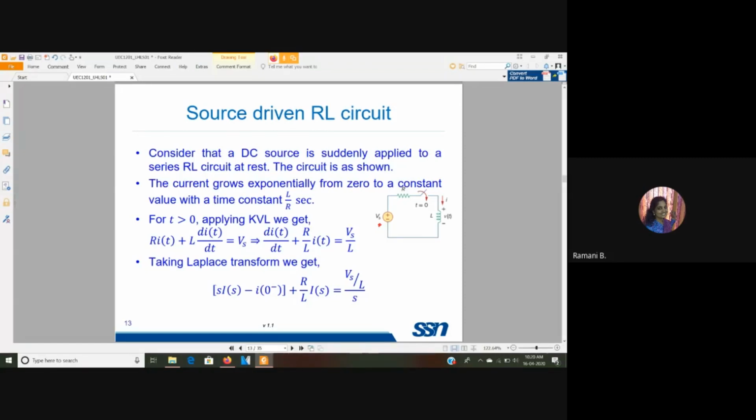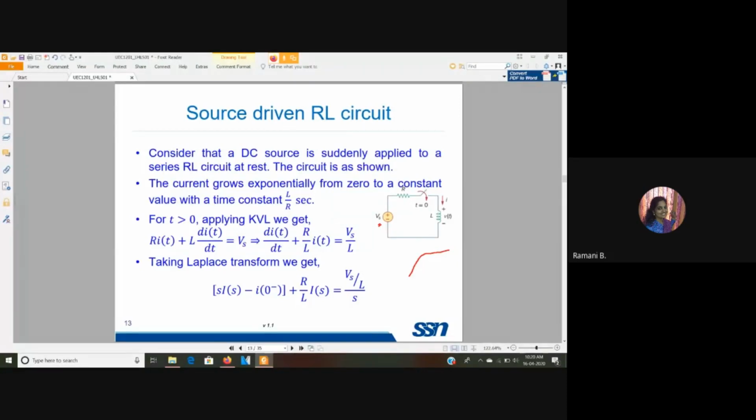It implies the inductor does not have any initial energy stored in it. So here we could actually see that as we are closing the switch, that is, this Vs is applied, the inductor will be charging exponentially and reaching the steady state. So that we will see. Here, for t greater than 0, the switch is closed, so you will be having a simple series circuit with Vs energizing the circuit.